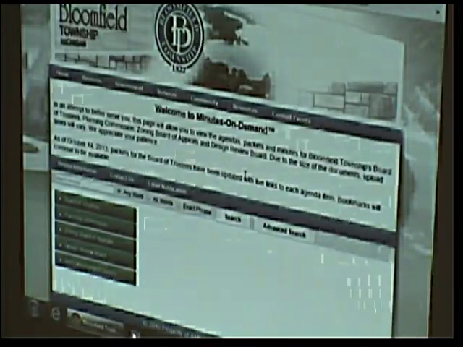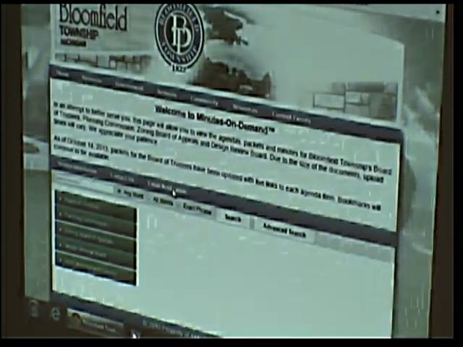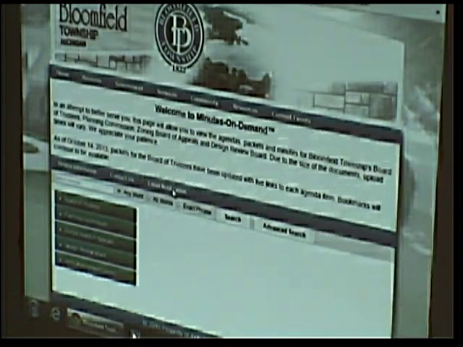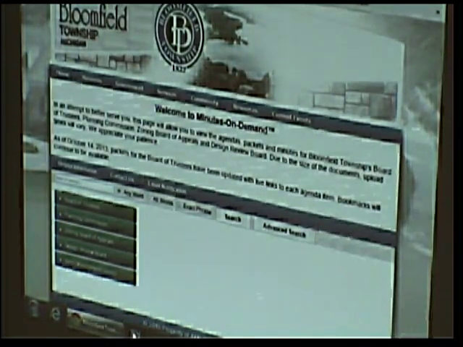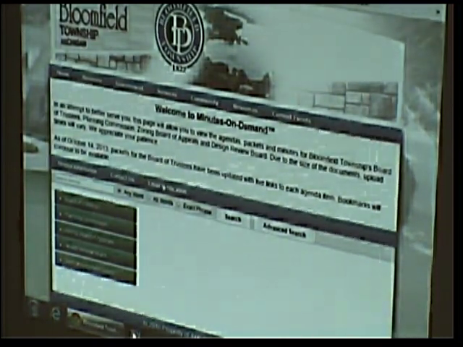Now, we added some new functionality that we're really excited about. We just launched this. We have a few clients using it on a trial basis right now, but it's ready to go. It's been bug-free. It's our email notification system. It's going to give you, the residents, the ability to sign up to any of your folders or subfolders. So whatever the board decides, whatever information they want to put in this application,